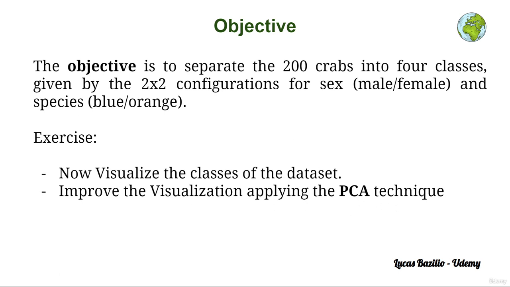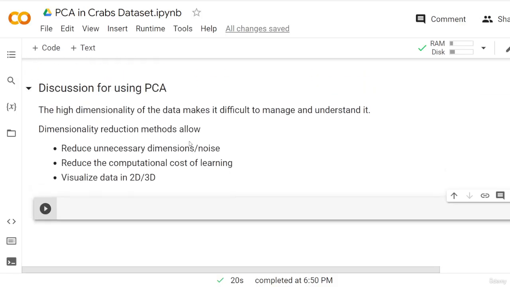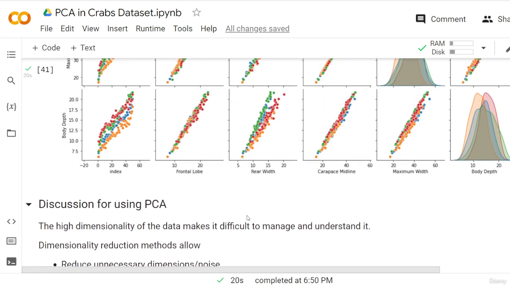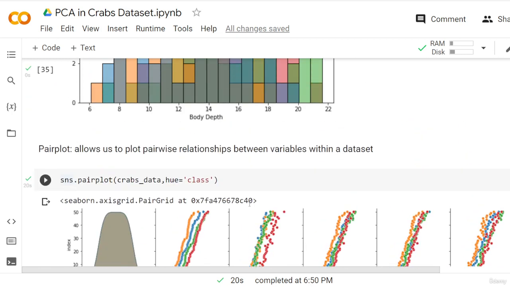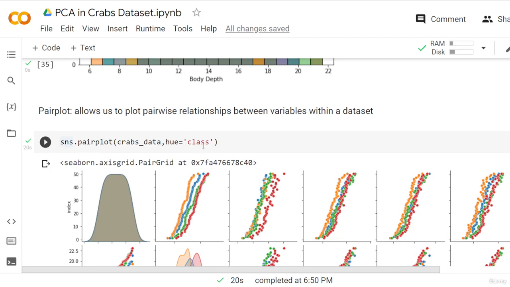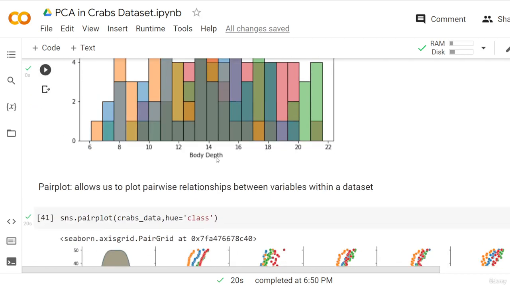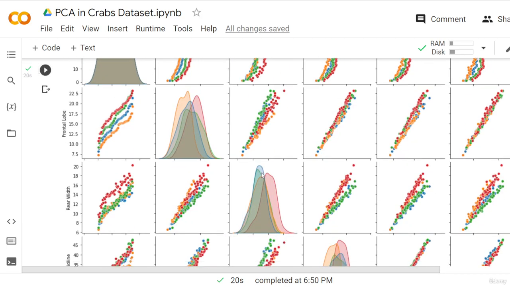So as we can see, we've done already 2 lessons on this project, and we have not yet applied this principal component analysis technique. But the reason is that it is more important to know why we need to apply this technique, and how it will be applied, than just apply it. Okay, we need to first understand why it is necessary. So that's what we did in these 2 lessons. We introduced the data set, we did an initial visualization, and here we can discuss why we need to apply